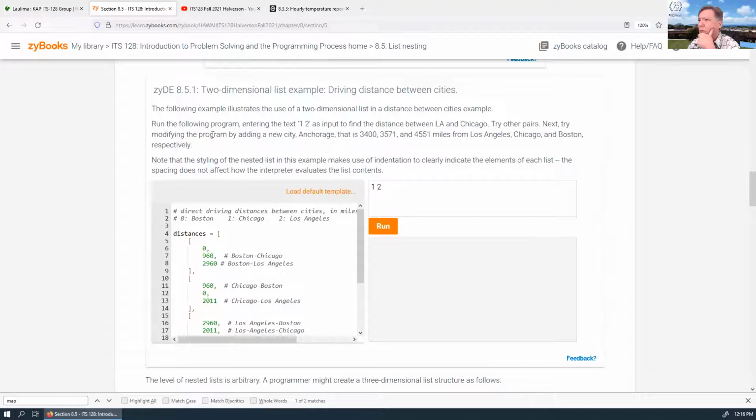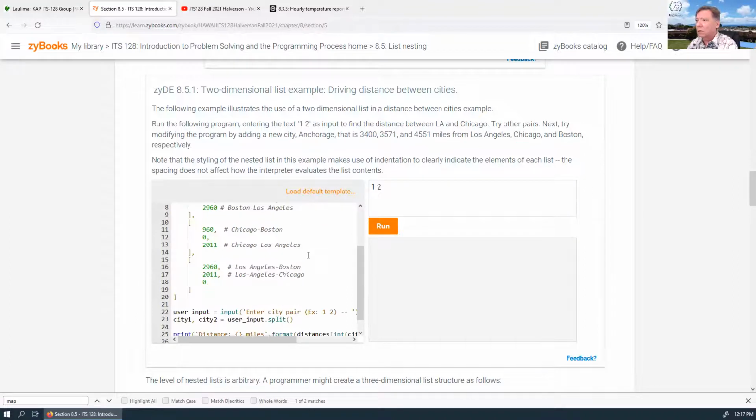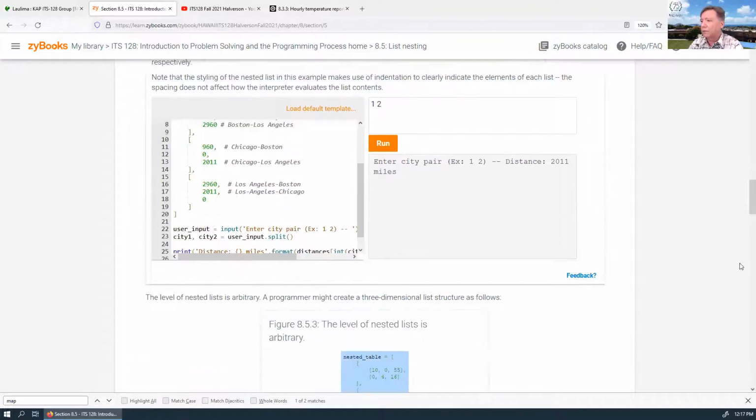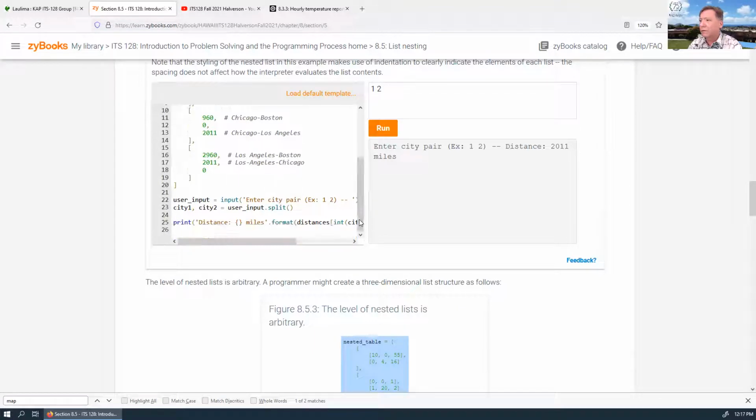Run the program, entering the text 1, 2 to input, find the distance between LA to Chicago. So, okay. And so I see. So this is okay. What is this? I see what this is. So this is like a matrix. I don't know if you can see that, but